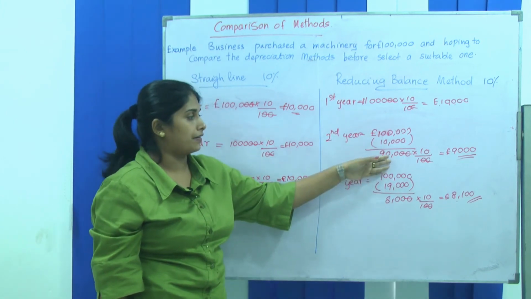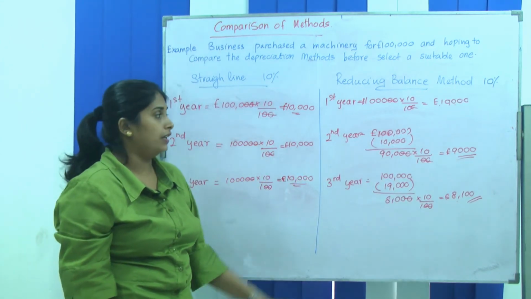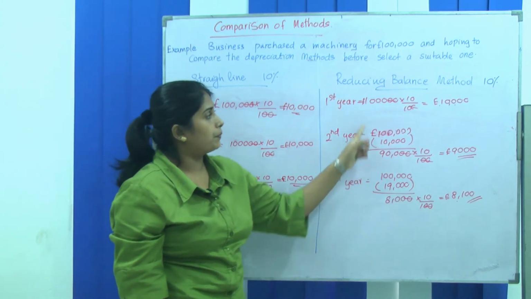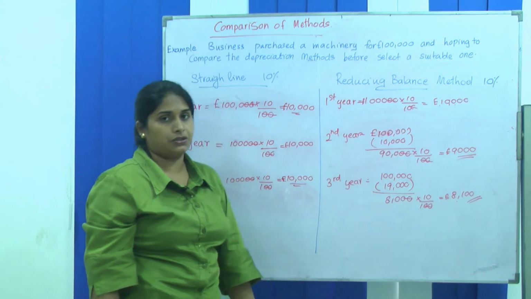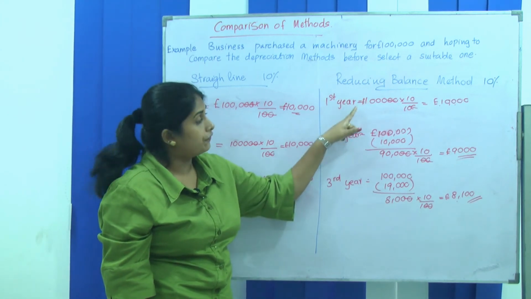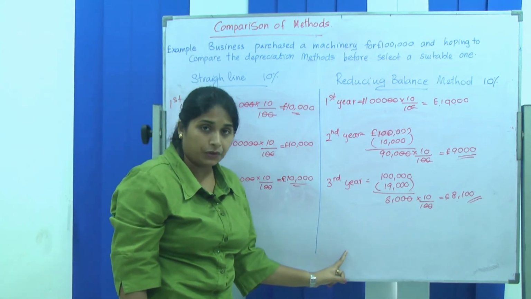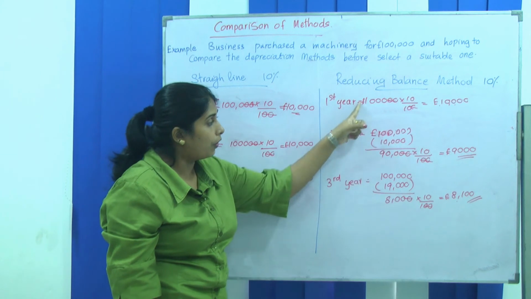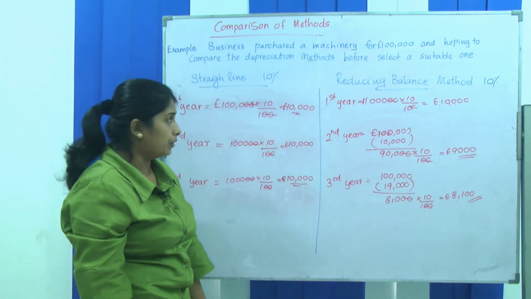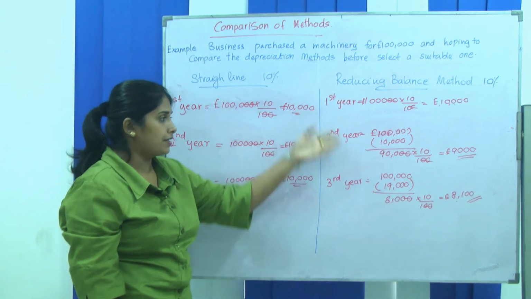subtracted. Then after you subtract from the net book value, you have to calculate the depreciation charge for the current year. Okay, so the second year, before you calculate, the first year's depreciation charge would be subtracted. Before you calculate the third year, you have to deduct the first and second year's depreciation. If you are calculating the fourth year, all 3 years' depreciation charge should be subtracted before you calculate the fourth year. So this is the comparison, just to make you understand the difference.